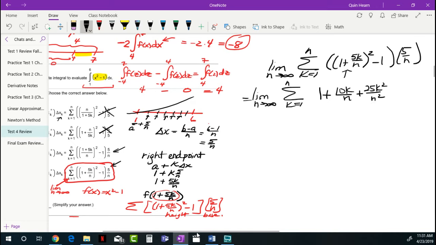All right, so we're going to evaluate the limit as n goes to infinity of the sum k equals 1 to n of 1 plus 5k over n squared